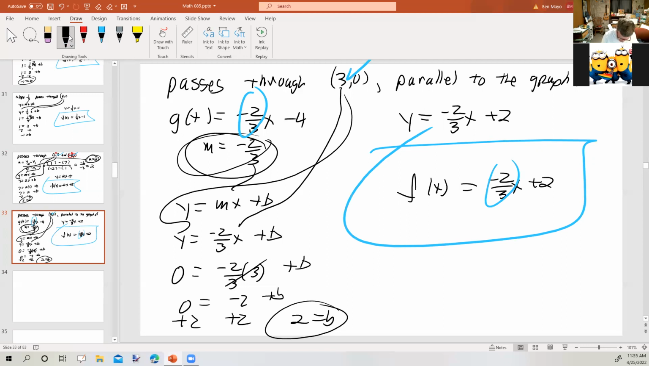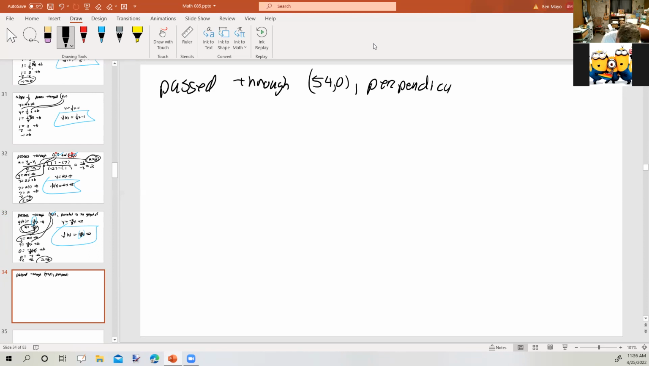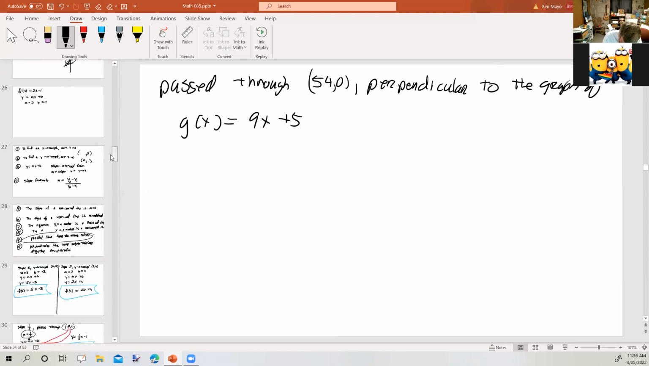Okay, how about this one? The line passes through (54, 0), and it's perpendicular to the graph of g of x equals 9x plus 5. Perpendicular. Well, let's see. What do we know about